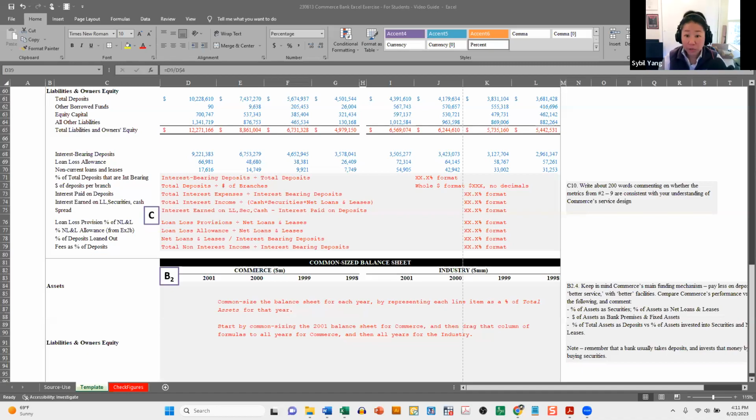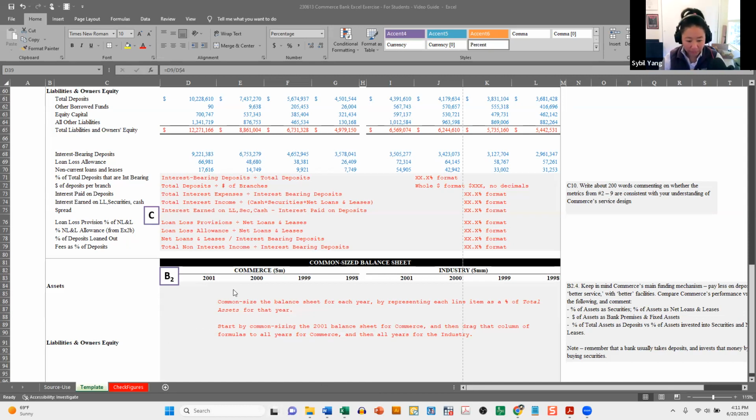Okay, we're now going to common size the commerce and industry's balance sheet. So for the income statement, the common size was based on revenues, whatever the revenue type is. For balance sheets, the common size is based on total assets. So for every single year, you want every line item calculated as a percentage of the total assets